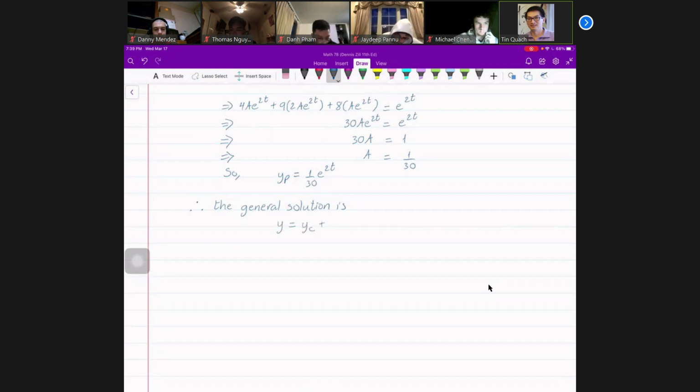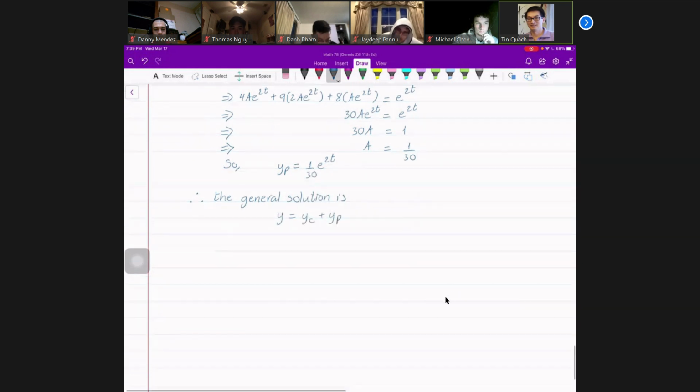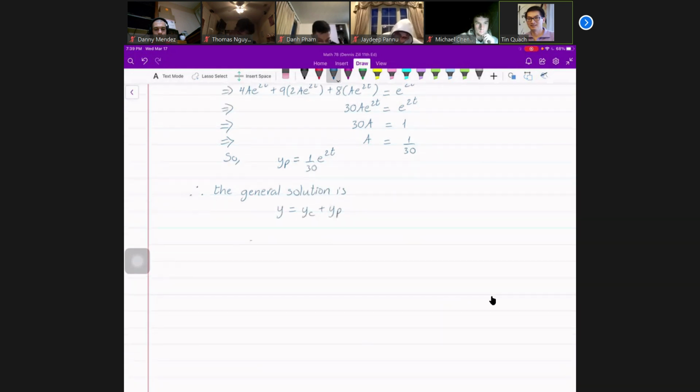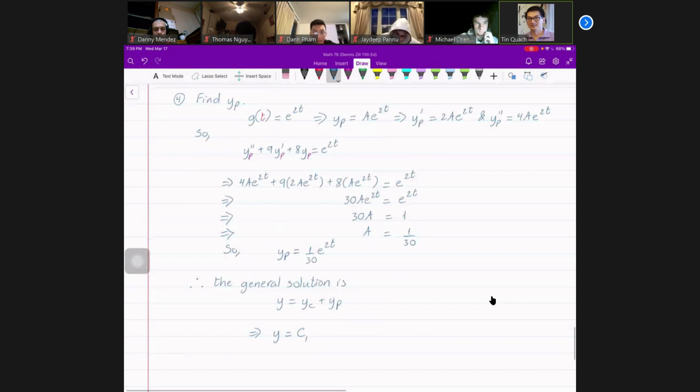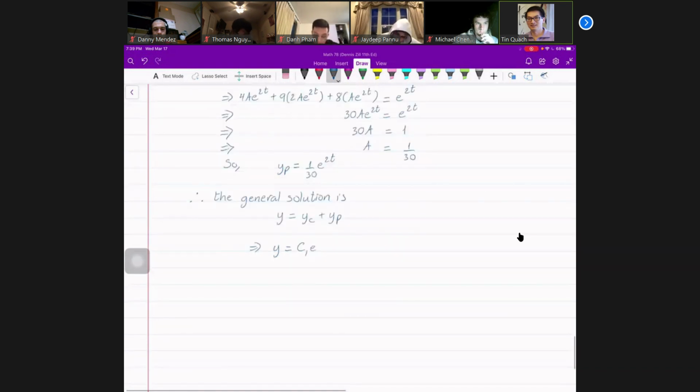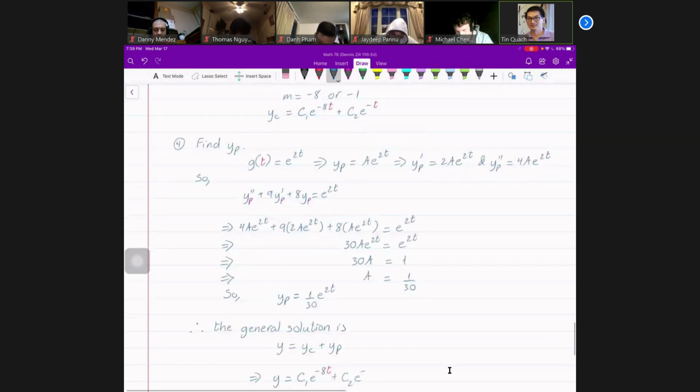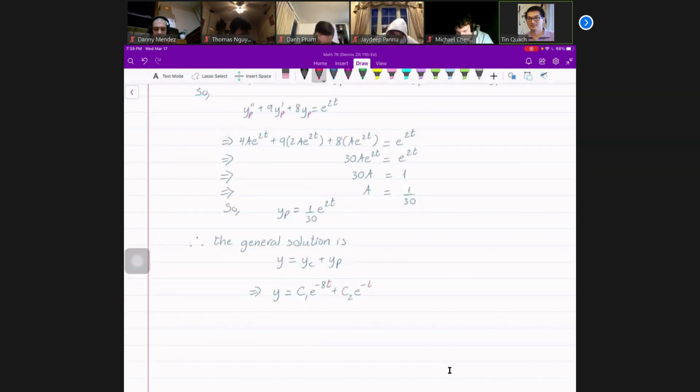That's why I'm behind. Okay, it's this. So that gives you y sub c is what? Is c sub 1 e to the negative 8t plus c sub 2 e to the negative t plus